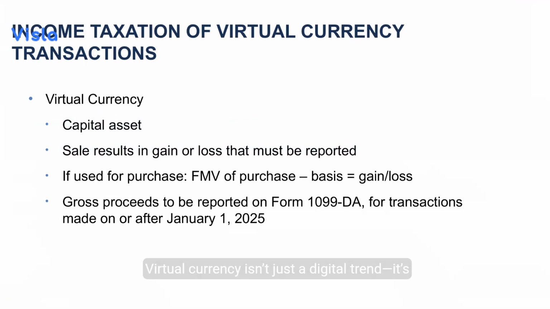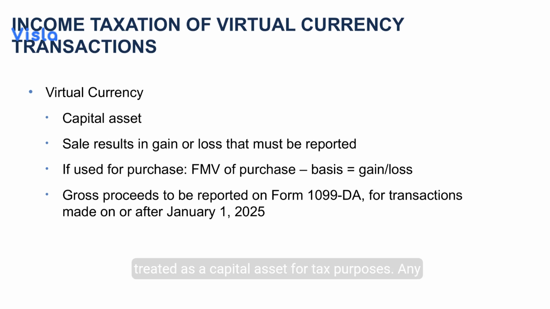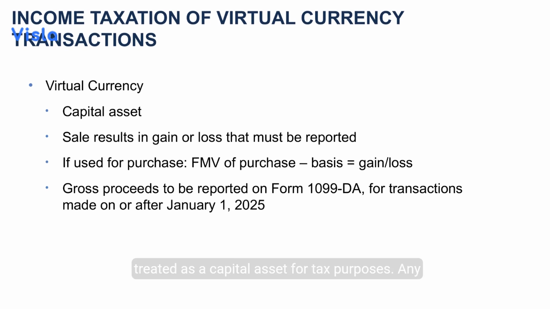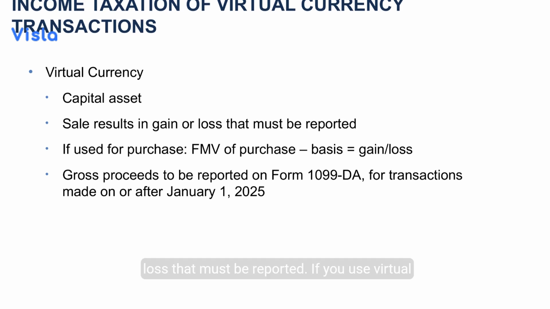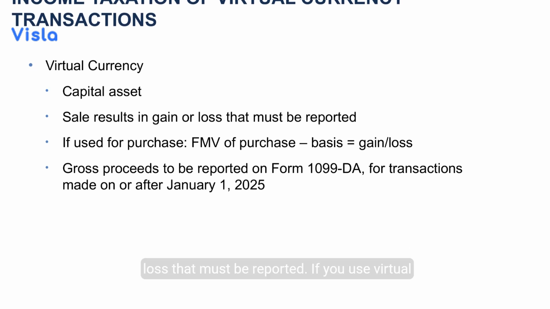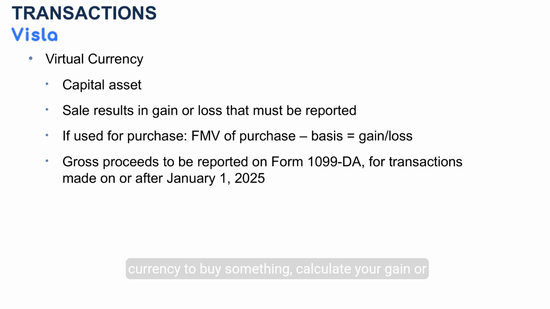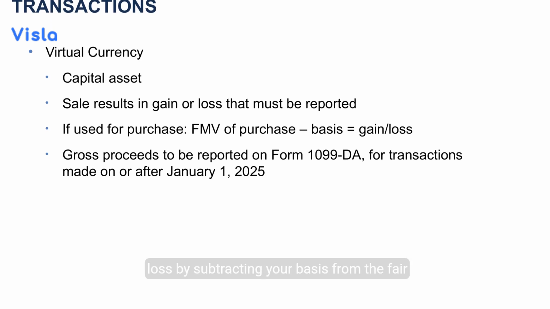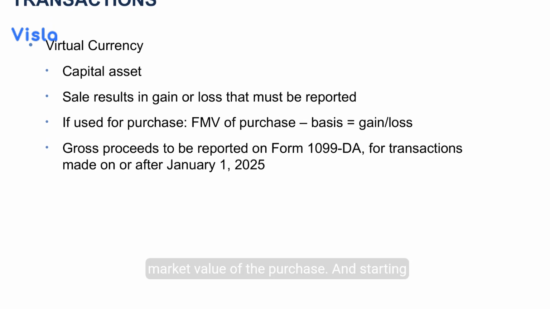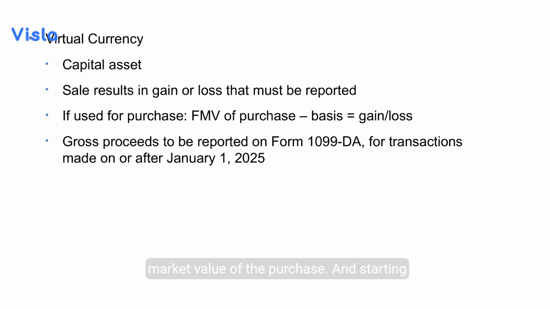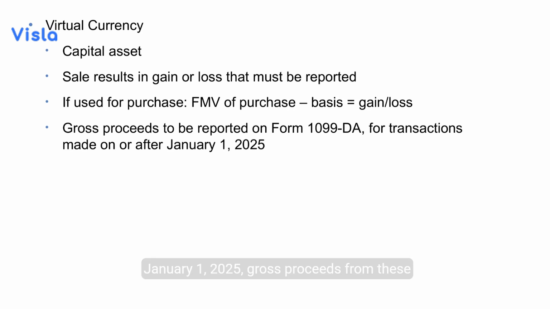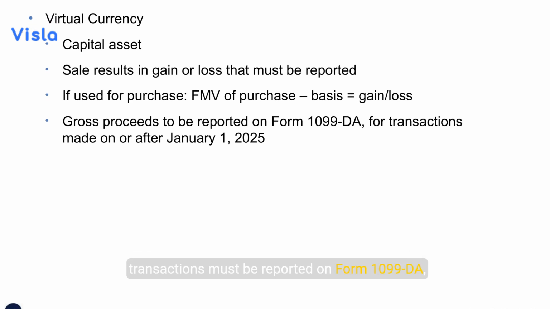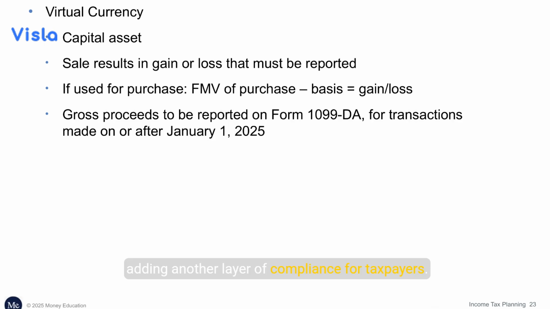Virtual currency isn't just a digital trend. It's treated as a capital asset for tax purposes. Any sale or exchange can result in a taxable gain or loss that must be reported. If you use virtual currency to buy something, calculate your gain or loss by subtracting your basis from the fair market value of the purchase. And starting January 1st, 2025, gross proceeds from these transactions must be reported on Form 1099-DA, adding another layer of